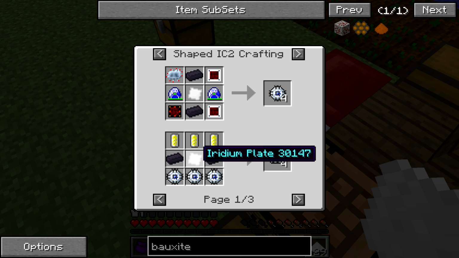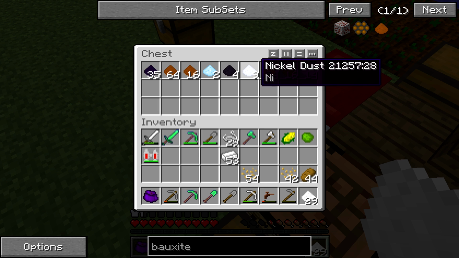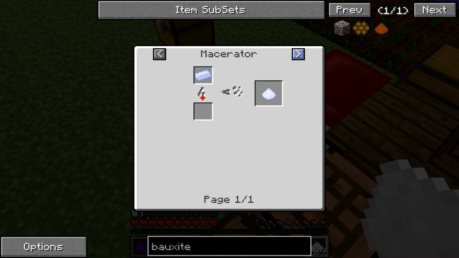Iridium plates. Yeah, so that's, iridium's really rare. I'm not going to be getting into this stuff for a long time. Uses for nickel dust, making nickel. Nickel is used for